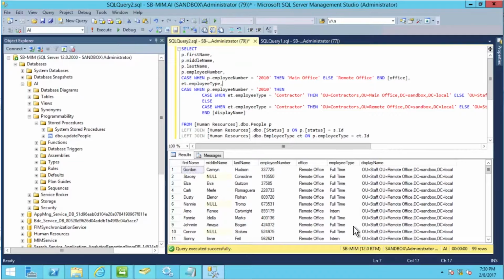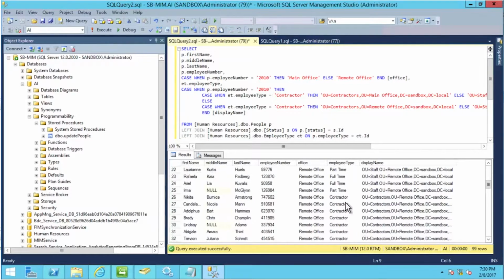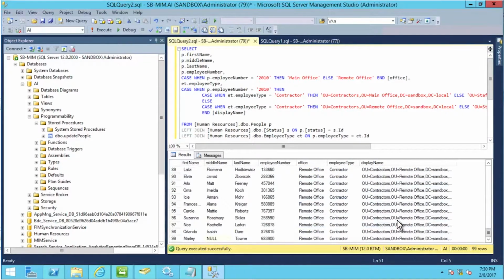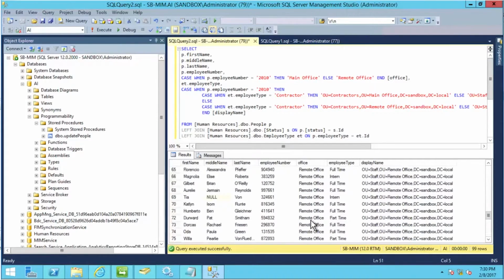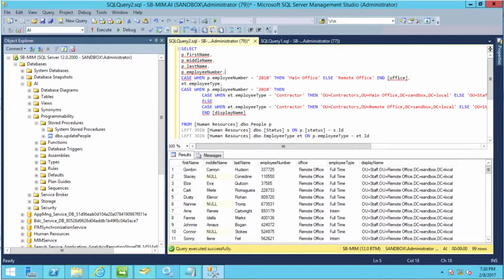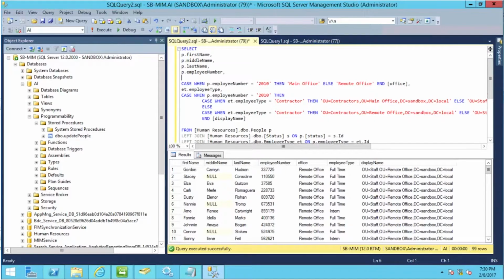So remote office staff, that's correct. That's what we want. Remote office contractors, that's correct. Remote office staff, remote office contractors. So it looks like it's pulling everyone as remote office. Well, let's actually pull the P dot employee. Oh, I noticed my problem here. P dot employee number. That's not right, is it? It should be P dot